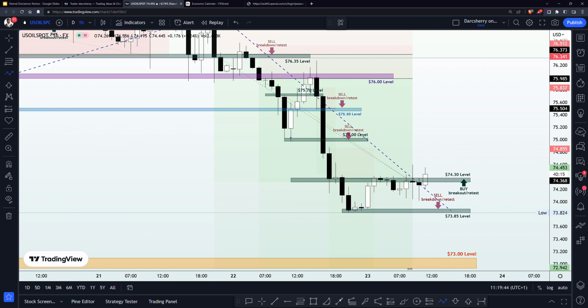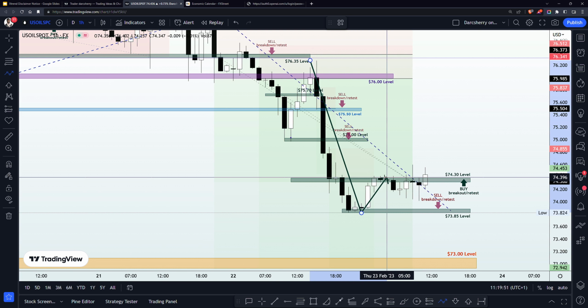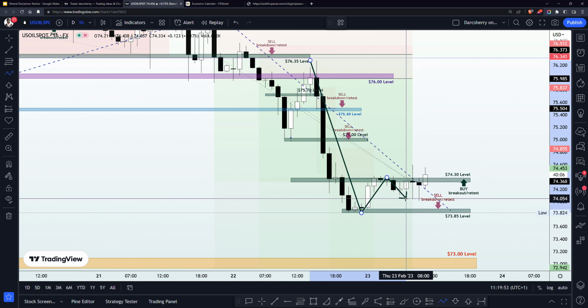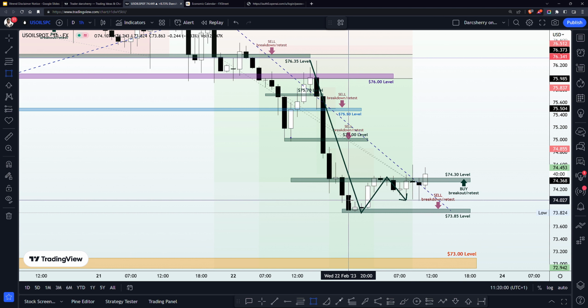And now, if we take into consideration this impulsive move to the downside, and look at the current structure, price action has been finding buying pressure around that $74 level, which we identified on the daily time frame. Let's quickly draw that out so that we don't get things mixed up here.